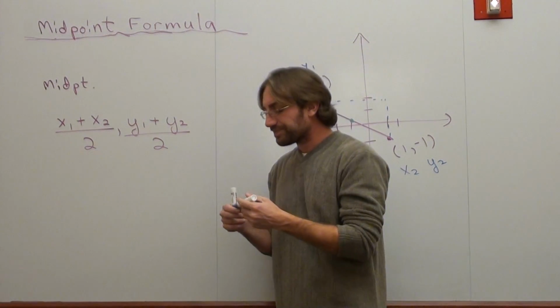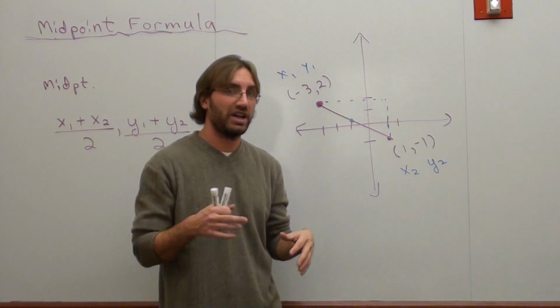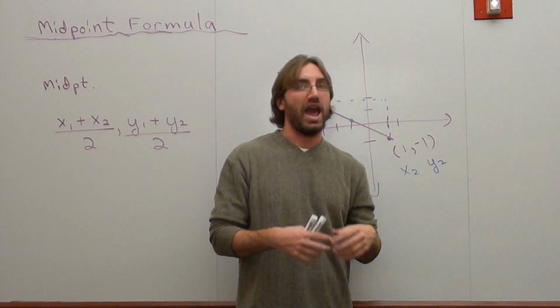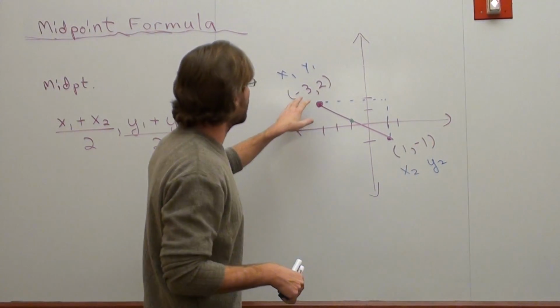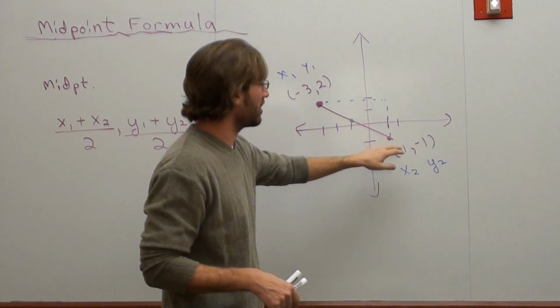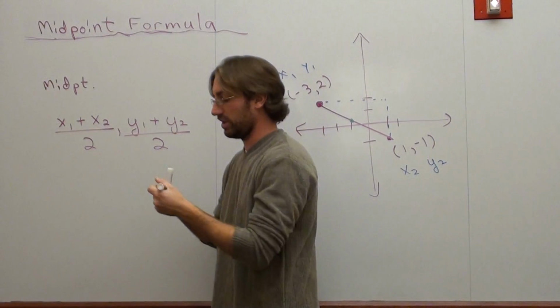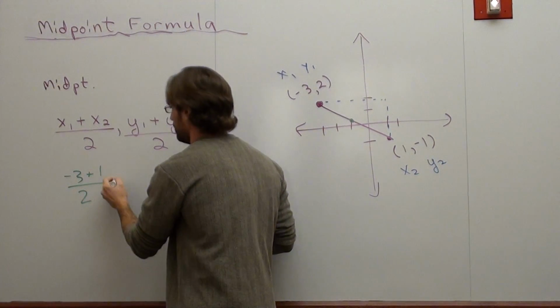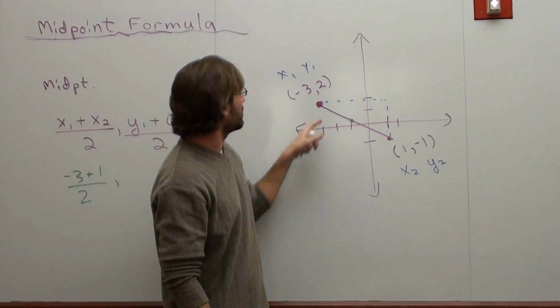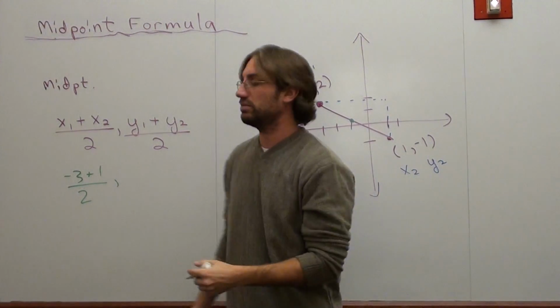So let's find out. Now what I tell my students is this: when you're finding the middle, it's just like taking an average. Add up two things, divide by 2. Add up two things, divide by 2. And what we're going to do is add our x values first: -3 plus 1, just follow the formula, and divide it by 2, and add up our y values and divide by 2. So that's 2 plus -1,